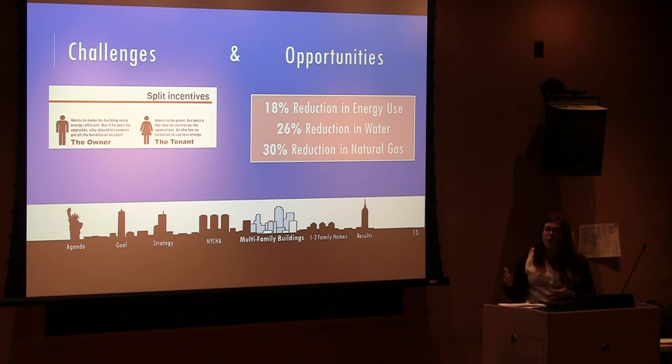So even if an owner or a renter wants to potentially retrofit the building, they're not going to do it because they don't want to pay. However, there are really